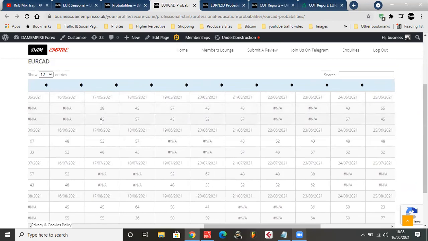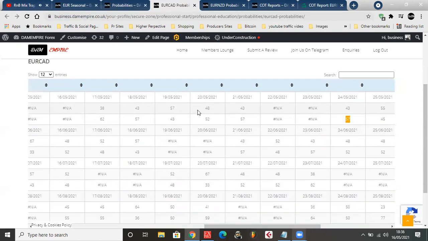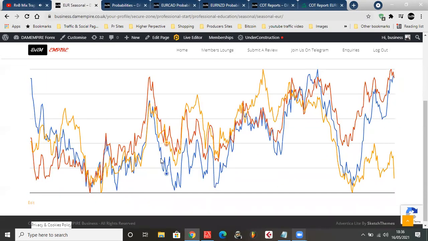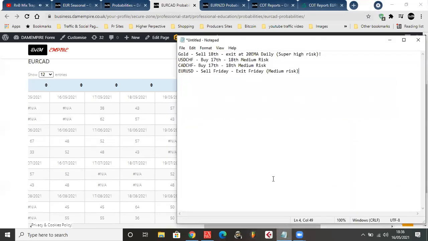Now CAD looks good. Monday, Tuesday, good, and then it pulls back. Then Wednesday, Thursday, then boom. So EuroCAD, for example, might follow this kind of pattern that we're expecting. So we're going to have that, then pull back on the 18th, right? Let me check. Is that the 18th? It didn't actually pull back on the 18th, it pulled back on the 19th right here, which makes sense because, look, the 18th pulls back all the way till the 21st, right? And then it dumps. So Euro CAD is a good option.